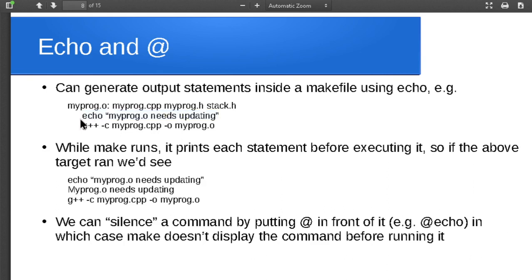So you can silence those commands if you want by throwing an @ sign in front of them. So if you throw the @ sign in front of one of these commands, then it doesn't actually print the command before it runs it, which is typically the place you'll see that most often is with the echo. But if you've got something else that you don't want displayed before it runs, then just throw the @ sign